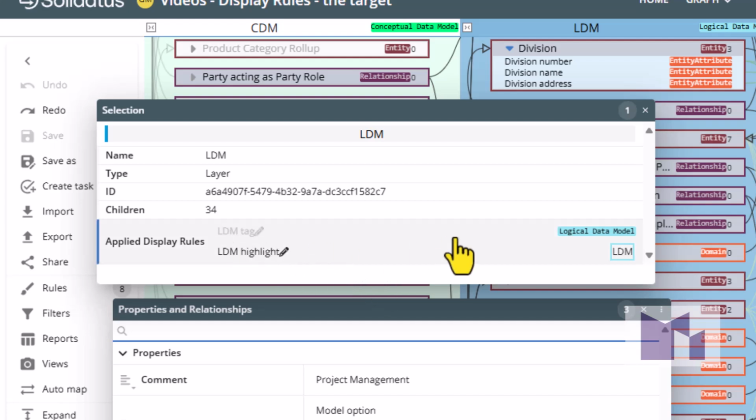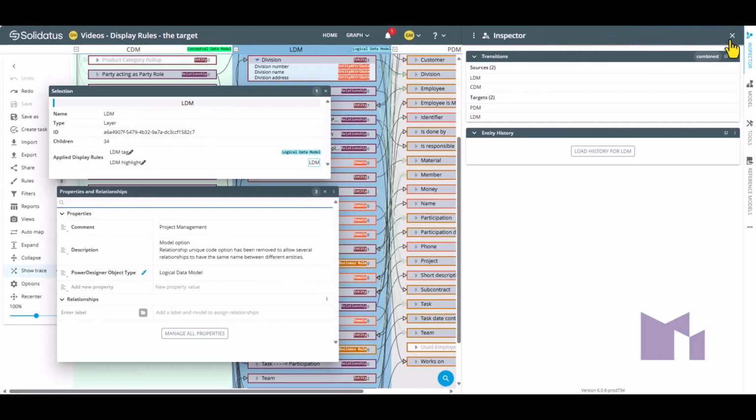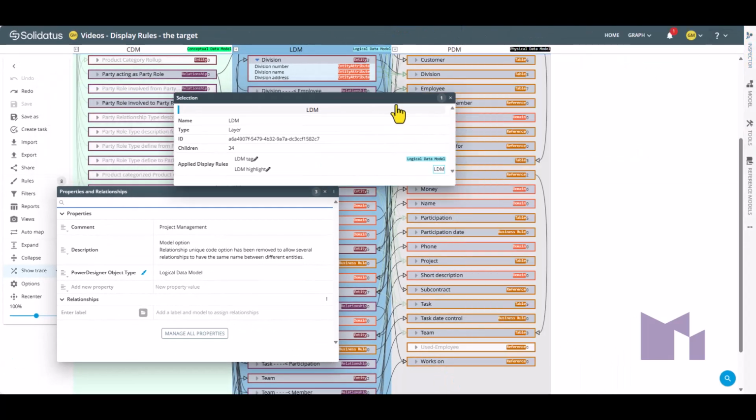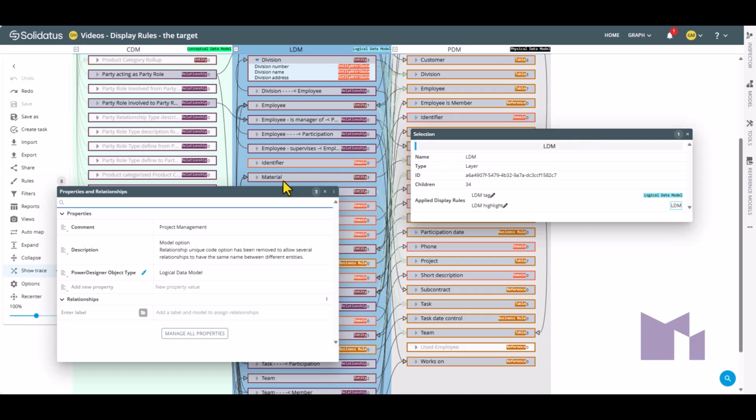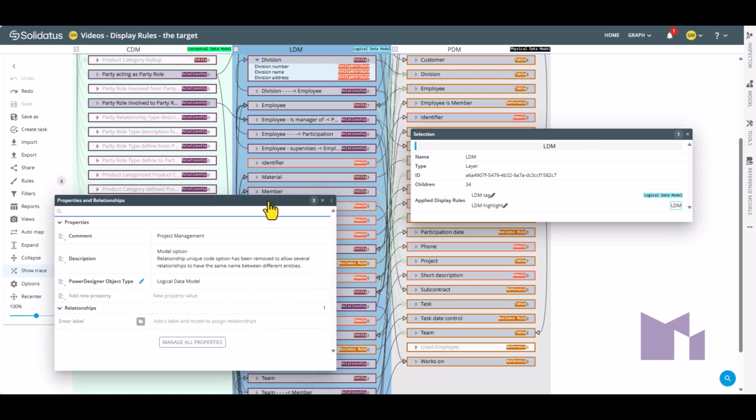As we see here, there are two display rules it matches. One has created the pale blue background and the other has created the tag. Let me close the inspector tab to get myself a bit more space on this screen.